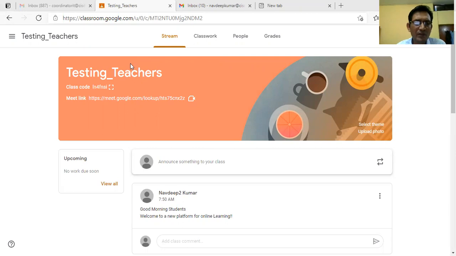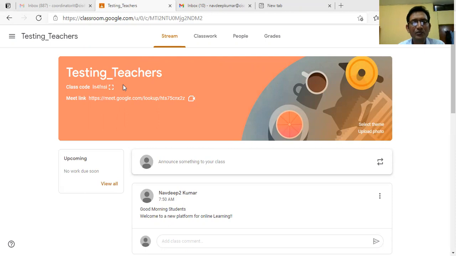So this is the name of our class, and here you can see the class code. The class code is a way that we can invite the students into our class. I hope that the students might have already joined your class.